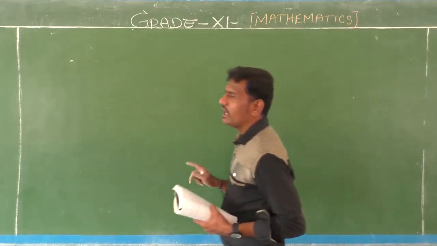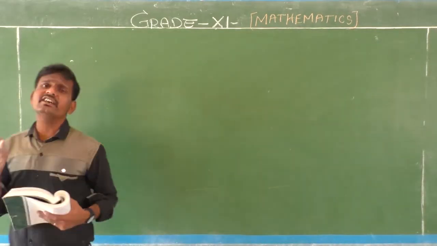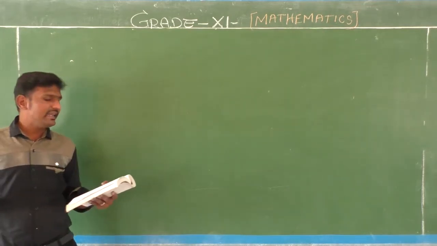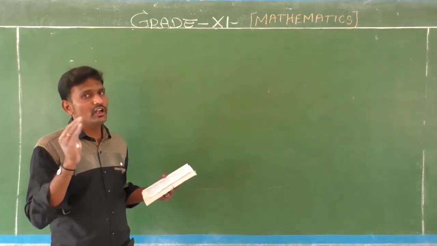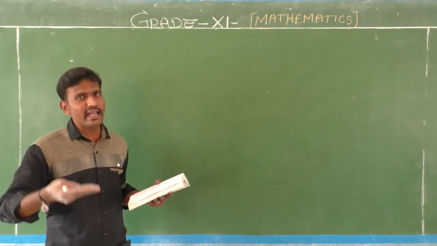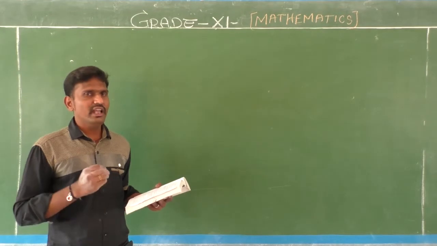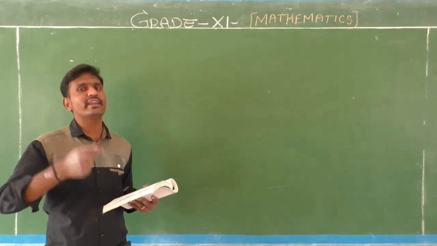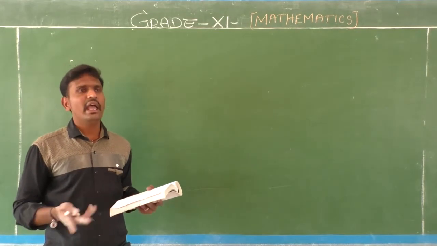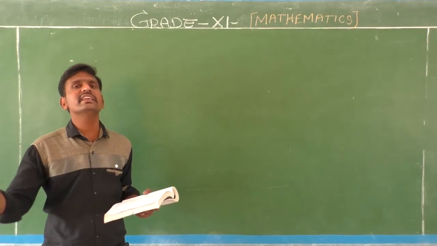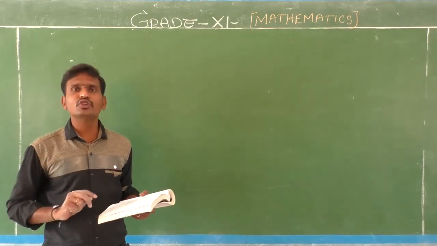But if you take consecutive terms, the answer will be very smooth. Okay. So take the 3 terms of AP as a minus d, a, a plus d. Take the sum as 24, use this to eliminate the term d and get the value of the first term. Then take the product as 440, use the first term to find the common difference, and substitute the values of a and d into a minus d, a plus d. So that is your homework.